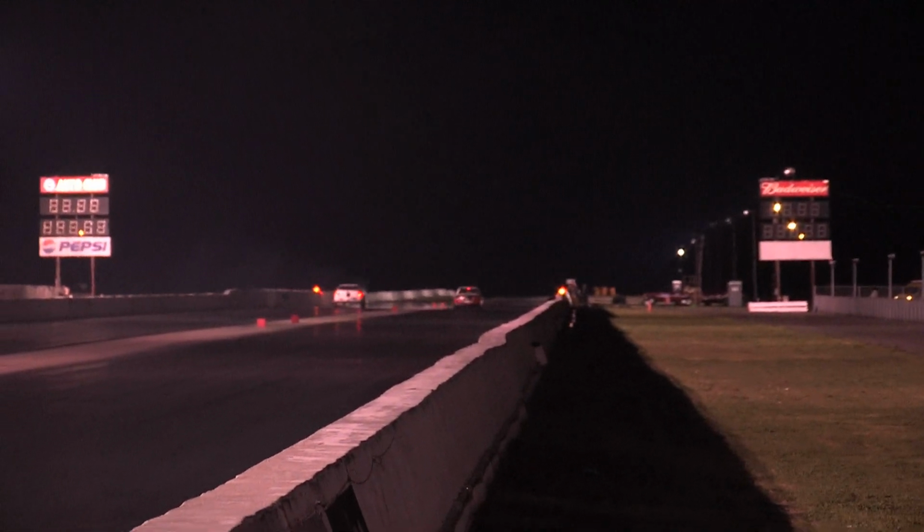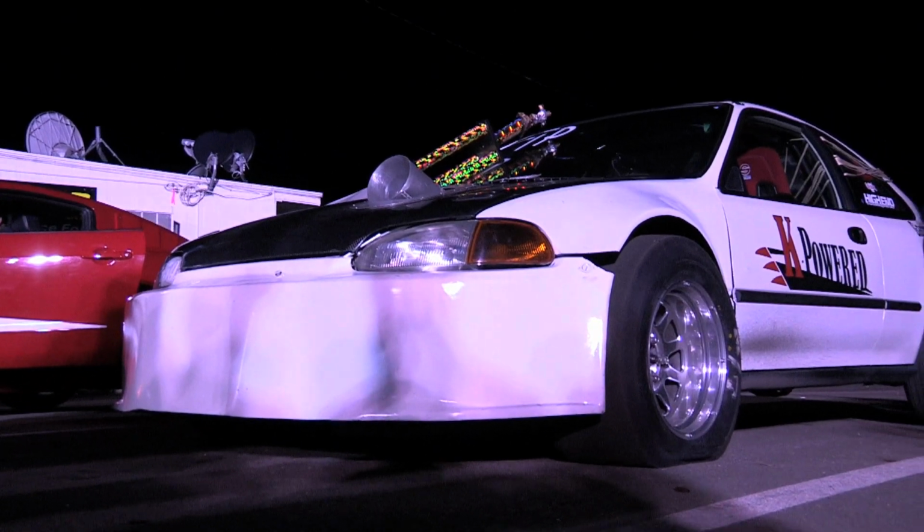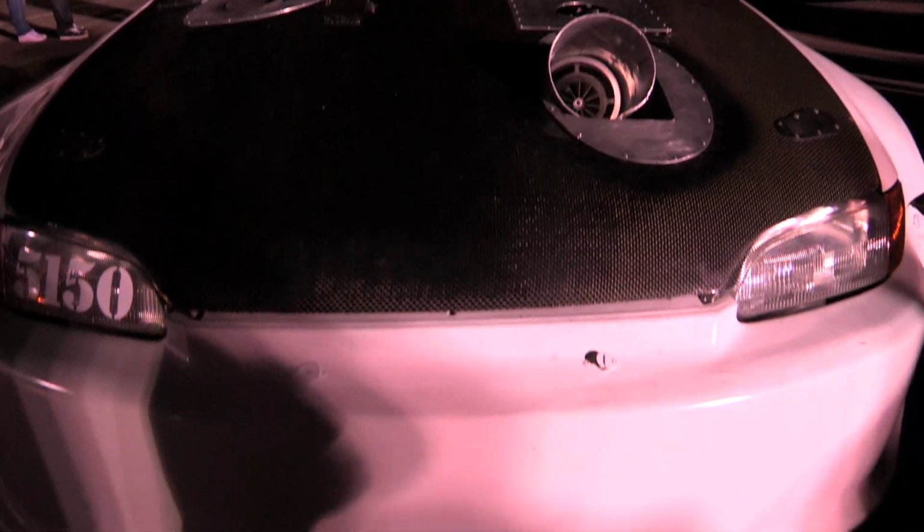I'm all about setting records and going faster. That's how I am. Even though I like to compete with nothing but Hondas, as of right now I'm just gonna stay in the class and hopefully hit the records that I want, and then maybe I'll switch back to the 72mm class one day. They already have a 7-second record, yeah, but